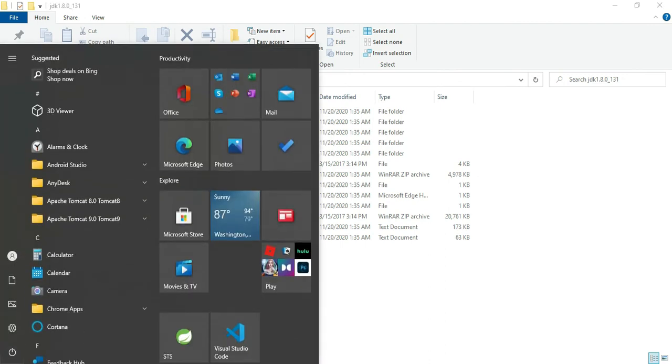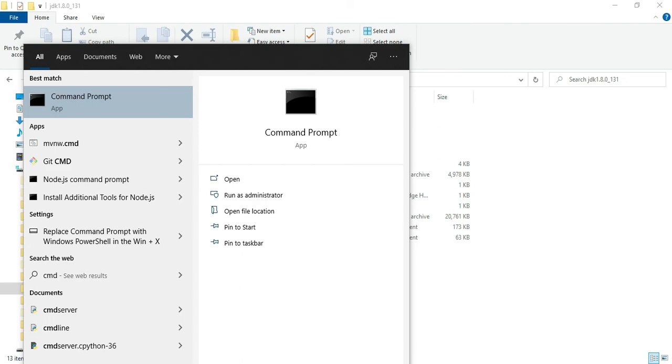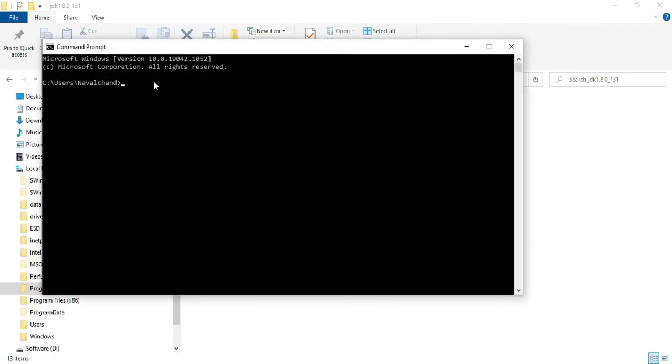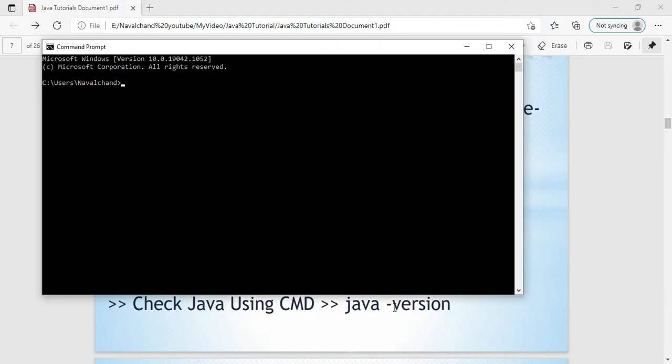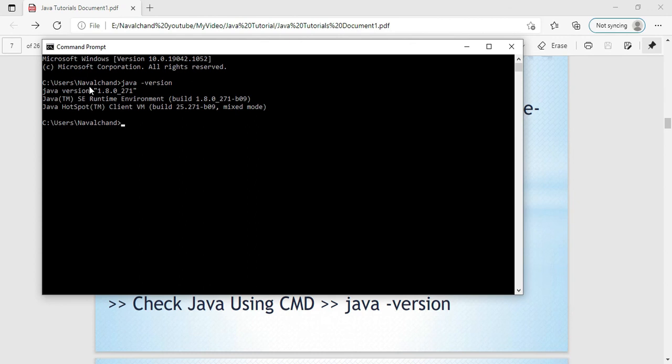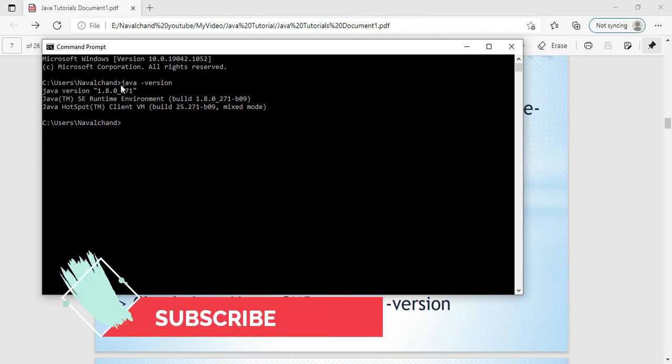We simply open CMD, and to check the Java version, we type java -version. You can see our Java version is 1.8.0.